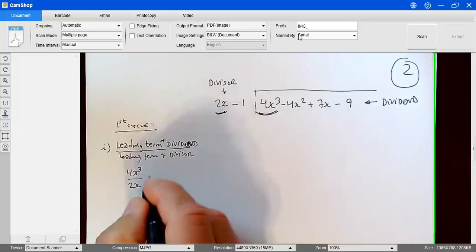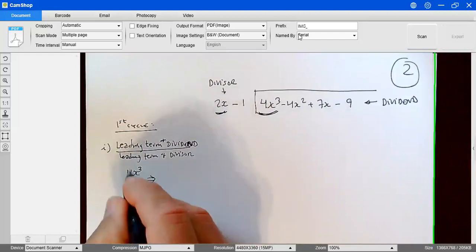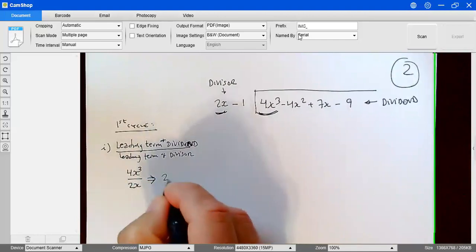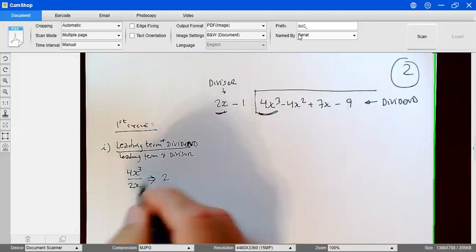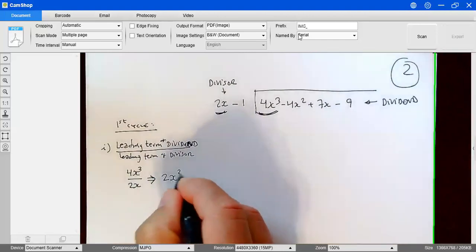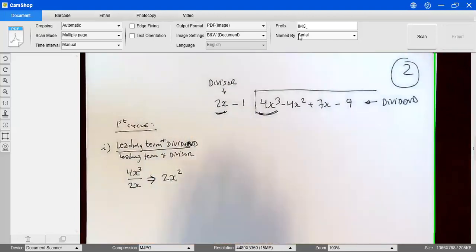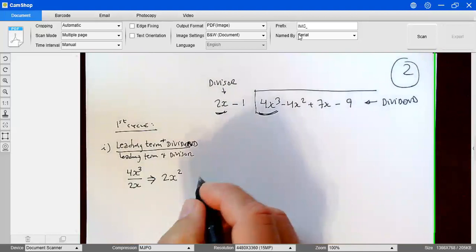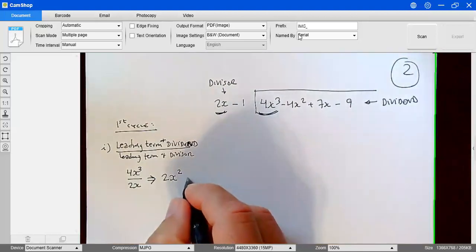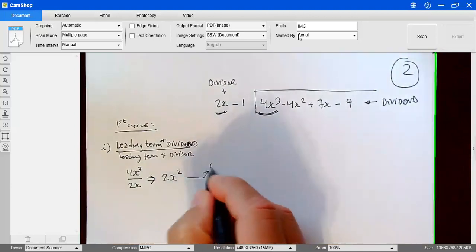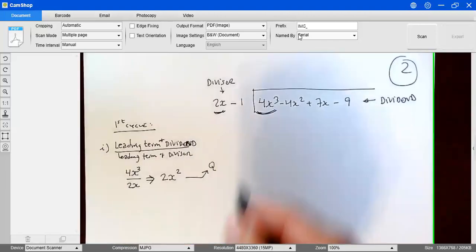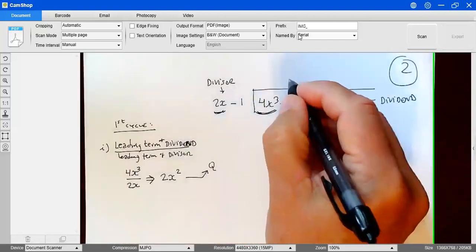You know how to obtain the result. You divide coefficients, 4 over 2 is going to be 2. You divide variables, x cubed over x is going to be x squared. So that is going to be the first term for the quotient. So this is going to go to the quotient. So I'm going to write 2x squared